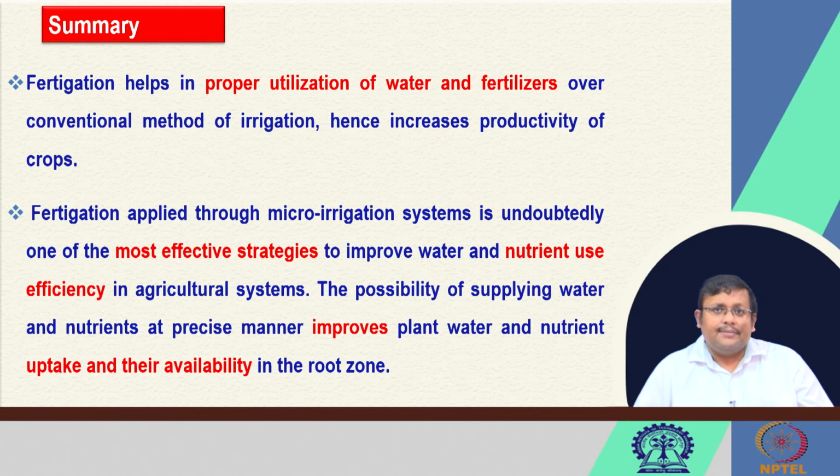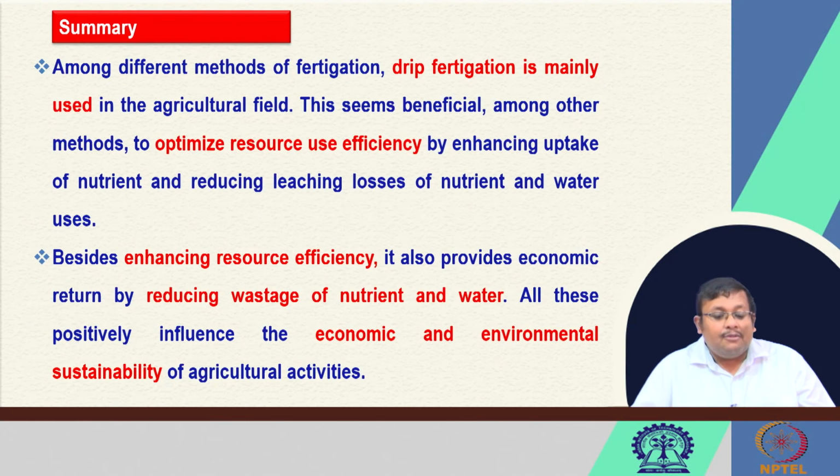So, to summarize, fertigation helps in proper utilization of water and fertilizers over conventional methods of irrigation, hence increases the productivity of the crops, and fertigation applied through micro irrigation system is undoubtedly one of the most effective strategies to improve water and nutrient use efficiency in agricultural systems. The possibility of supplying water and nutrient in a precise manner improves plant water and nutrient uptake and their availability in the root zone. Among different methods of fertigation, drip fertigation is mainly used in the agricultural field, and this seems